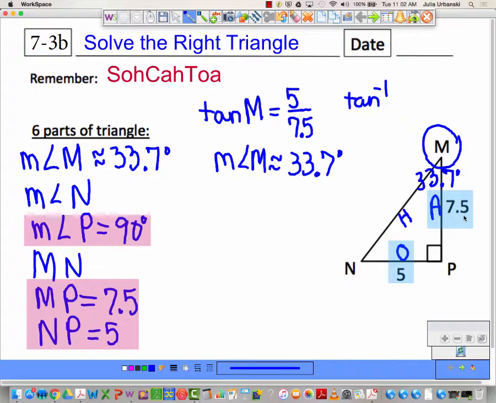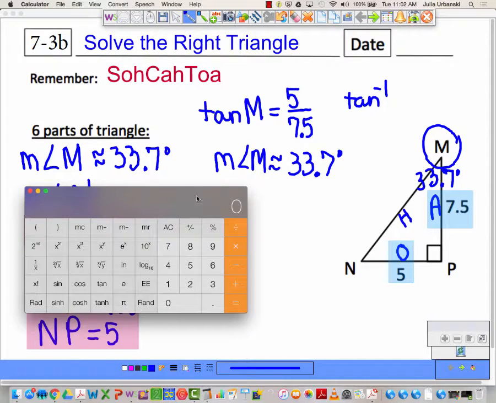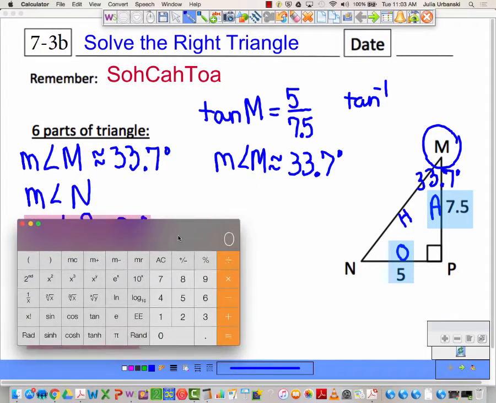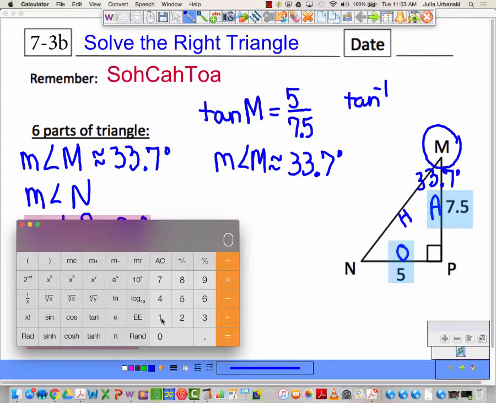90. You added and subtracted by 90. Good. A whole triangle is 180 degrees, all the inside angles. So you can start with 180. Whenever you have a triangle and you're just talking about angles, we're ignoring the sides for right now. So we do 180 for the whole triangle, minus the 90 you already have here, and then minus the 33.7, and we get